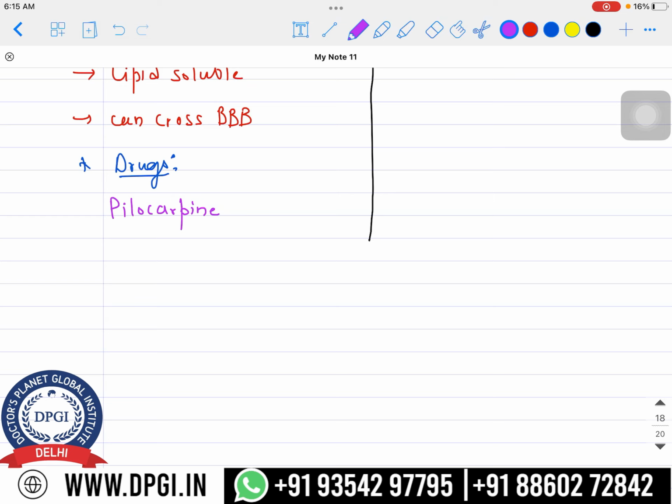At the same time, you must have heard about physostigmine, for example, right? If you talk about pilocarpine over here, it is basically used for glaucoma. Actually, it is the drug of choice in angle closure glaucoma. We have two types of glaucoma: wide angle or open angle glaucoma, and narrow angle glaucoma or angle closure glaucoma. So it is the drug of choice in angle closure glaucoma. Okay, and this is an MCQ, right?